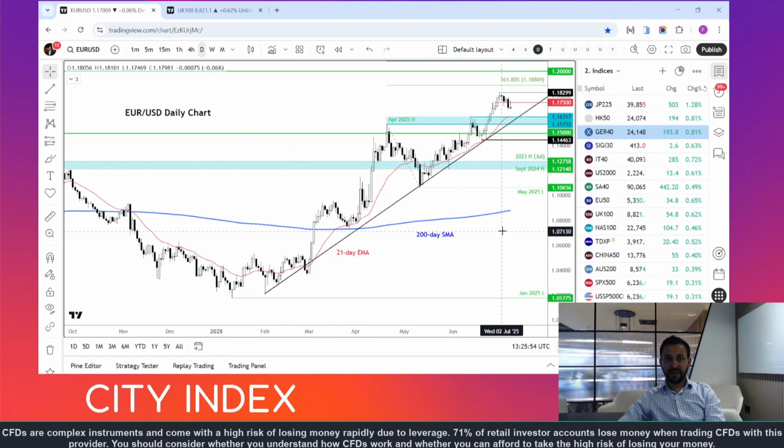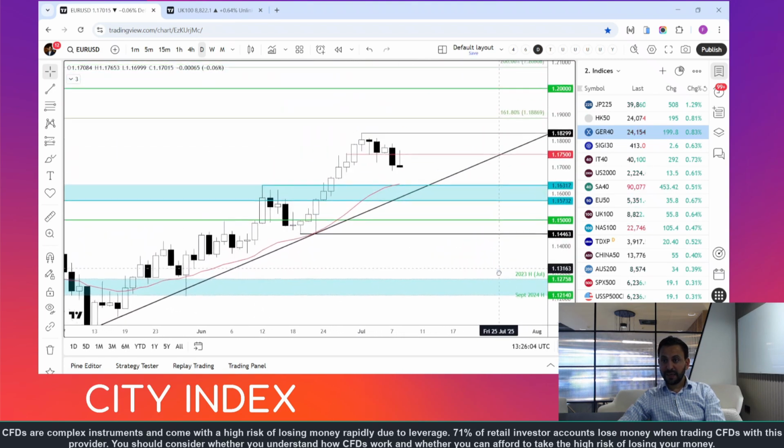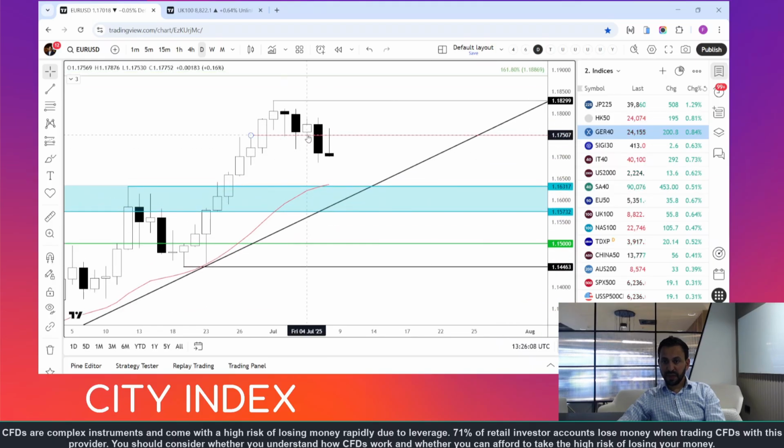Now, looking at the FX markets, the dollar is coming back, and as a result, we've seen the euro-dollar turn lower, having been higher earlier in the session. The euro-dollar has found resistance from around 1.1750, which was previously support, as I zoom in. This level gave way yesterday, and we closed lower. It was retested earlier this morning from underneath, and that level has turned into resistance. So it looks like the euro-dollar could be in for a bit of a correction, at least,